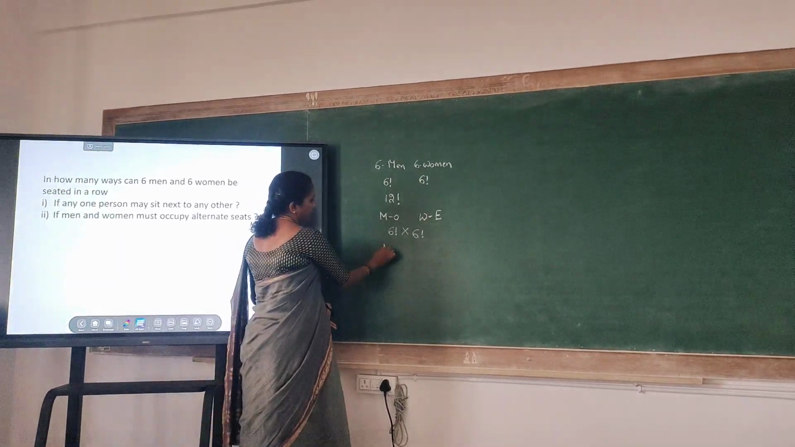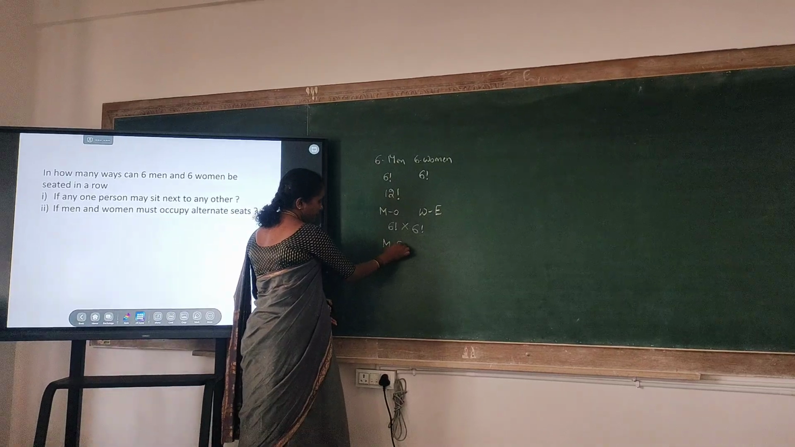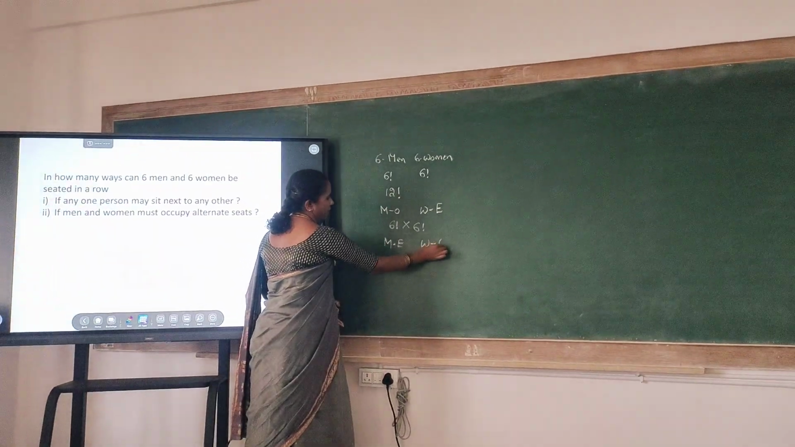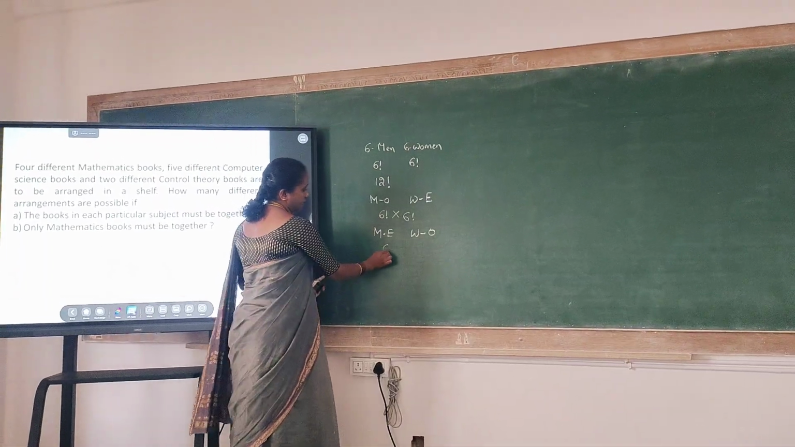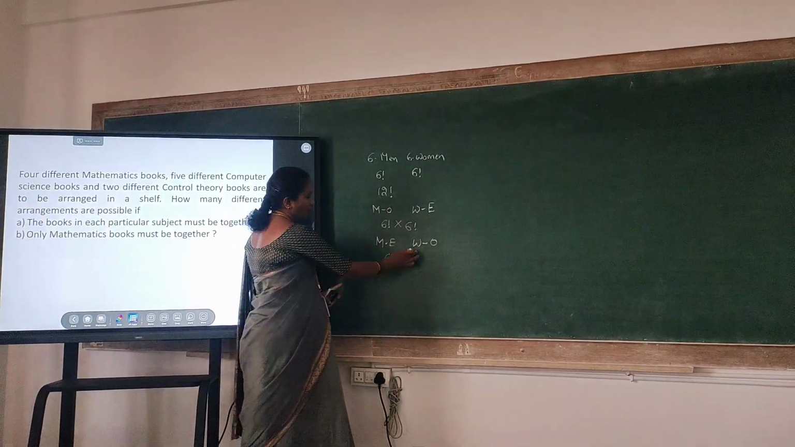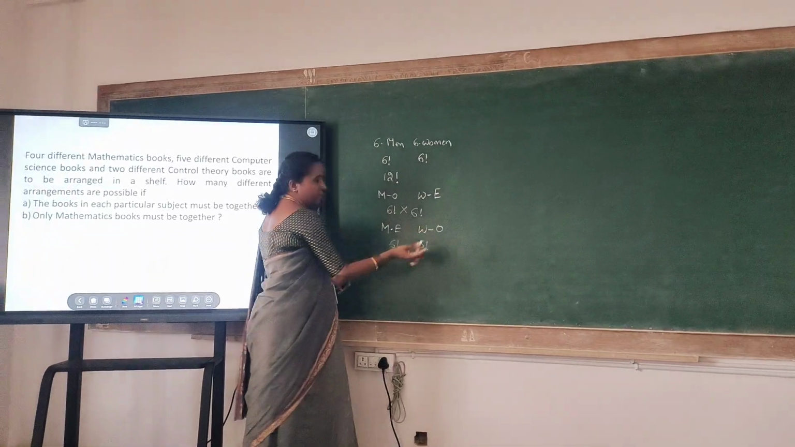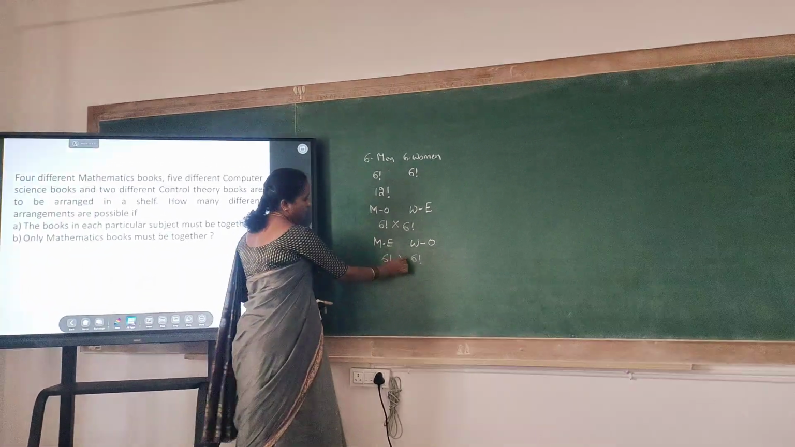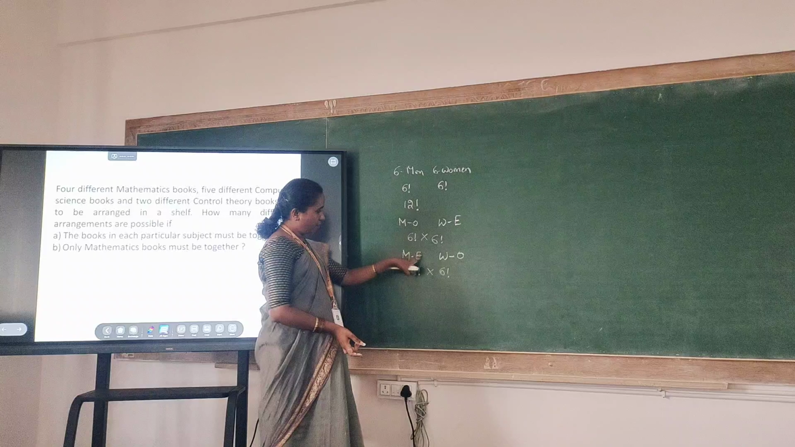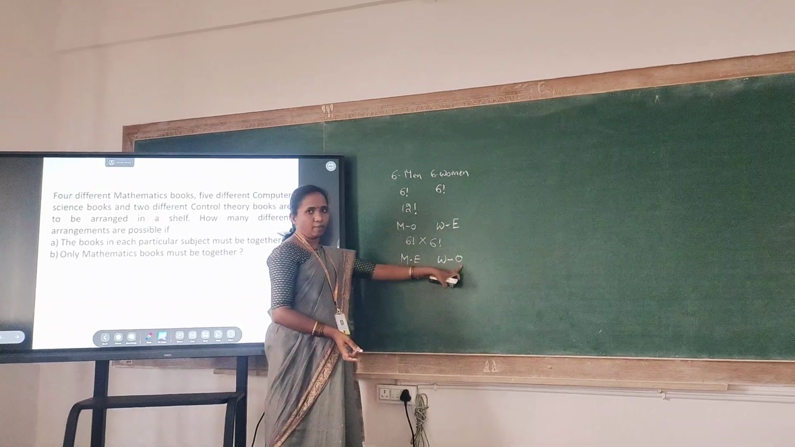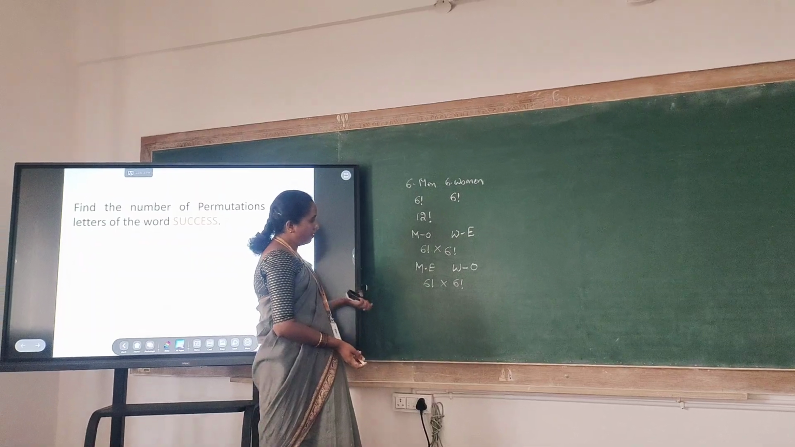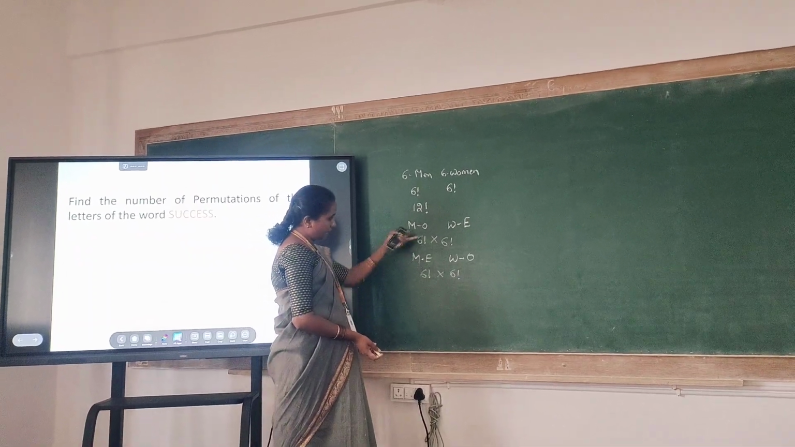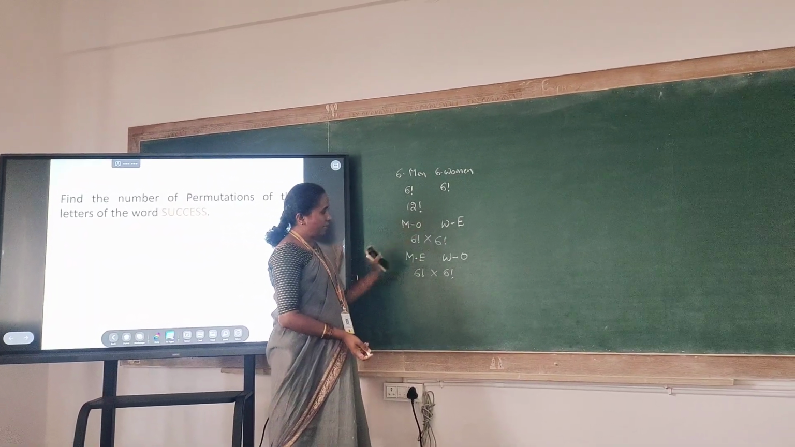Similarly, the men can occupy even places and women can occupy the odd places. Again, men can occupy even places in 6 factorial ways. Women can occupy odd places in 6 factorial ways. Hence, by product rule, men can occupy even places and women can occupy odd places in 6 factorial into 6 factorial number of ways. Hence, by addition rule, the men and women can occupy odd